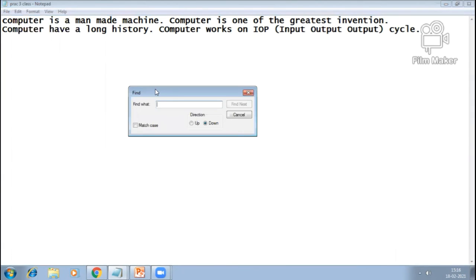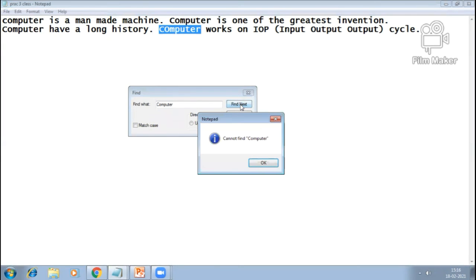The Find dialog box will appear, and write the text which you want to find in your text, and then click on the Find Next button. You will find the particular word in your whole document, and at the last you will get the message "Cannot find computer". It means that searching is complete.